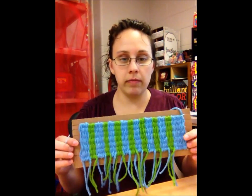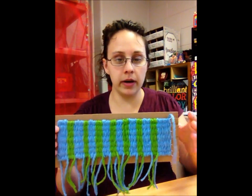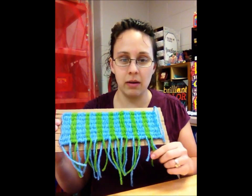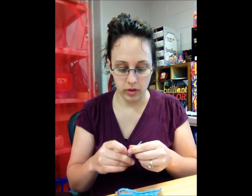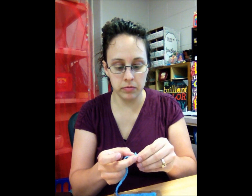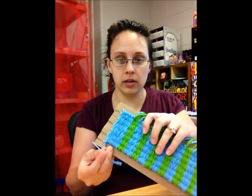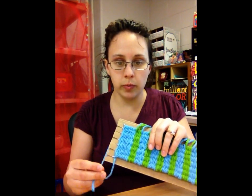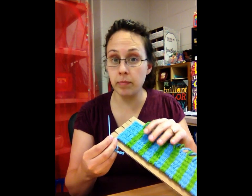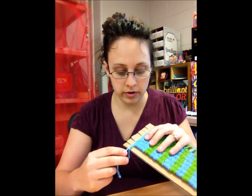I have finished my weaving with the 1-2-1-2 pattern, and I have all of my extra threads hanging off the end. But I have to get rid of those before I can take them off of my loom. The first step is to thread the needle with the yarn, and I'm starting at the end, like so. I'm going to weave this over, under, because that's the opposite of the pattern I started with. So let's go ahead and do so. Over, under,